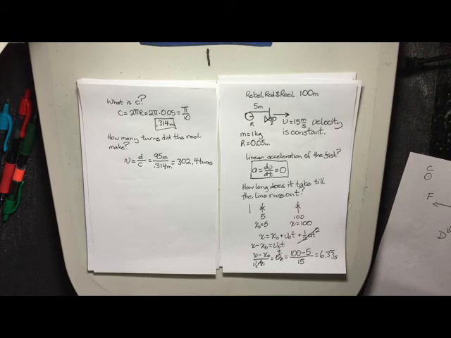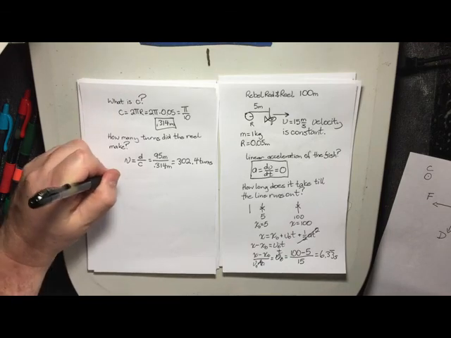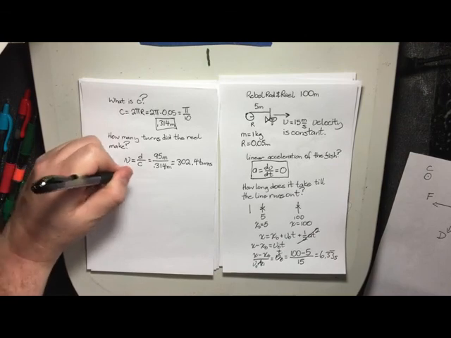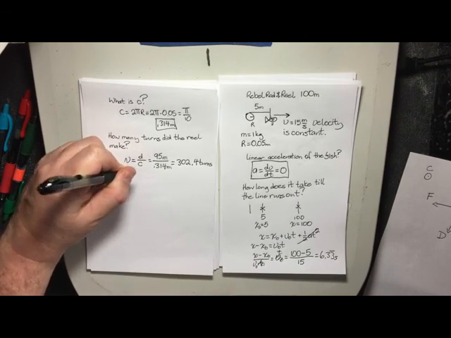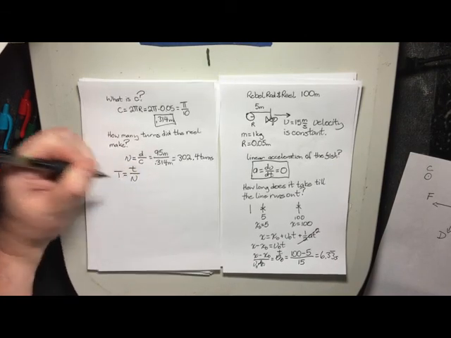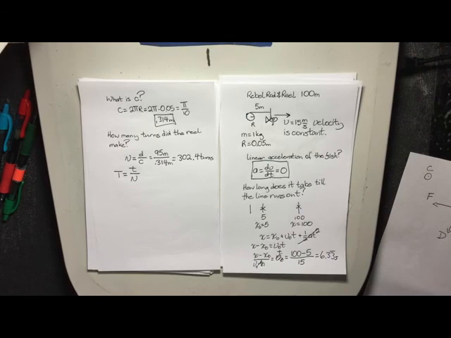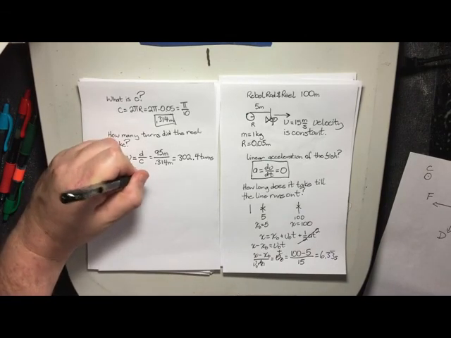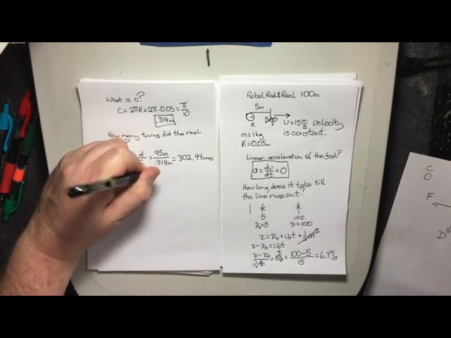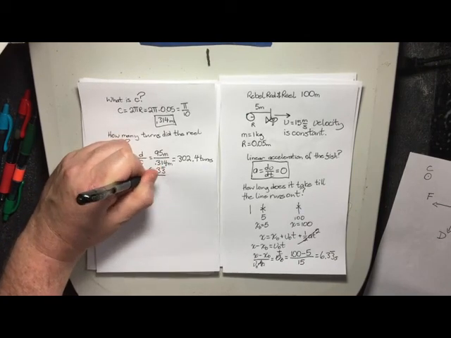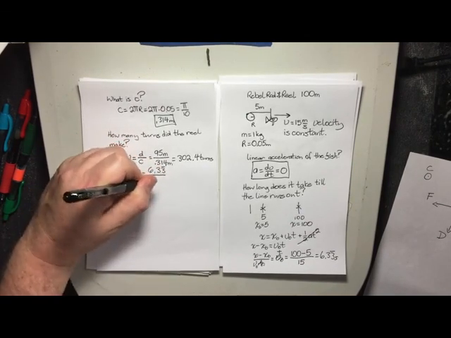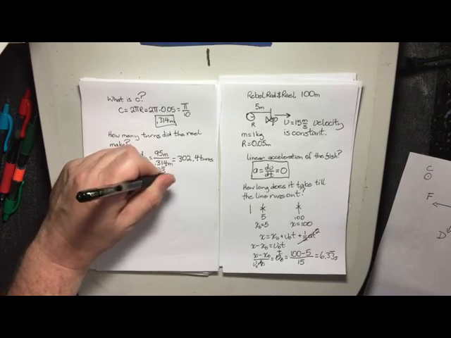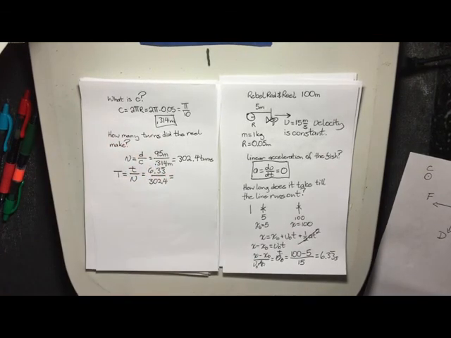Now that we know how many turns it made, and we know how long it took to make those turns, we know the period. So the total time divided by the number of turns is the period. The total time, 6.33, on and on and on. Number of turns, 302.4. And we get